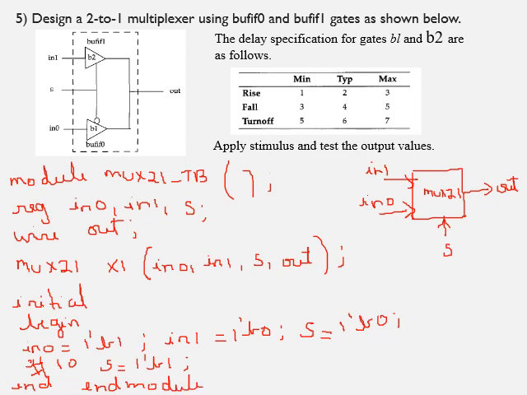Here what we are doing is in0 and in1 are inputs. We have just assigned them at time t equal to 0 only, in0 as 1 and in1 as 0. And initially to test the multiplexer I will set S equal to 0. So now the output should be equal to 1 because when S is 0, output is equal to in0. Then after a delay of 10 time units, I have made S equal to 1. That time output should be equal to 0 because in1 is 0. This is how you test the 2:1 multiplexer. Thank you.